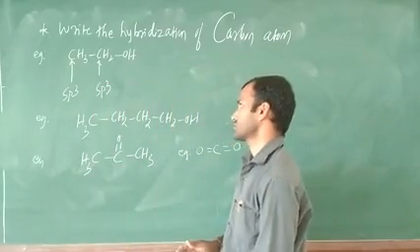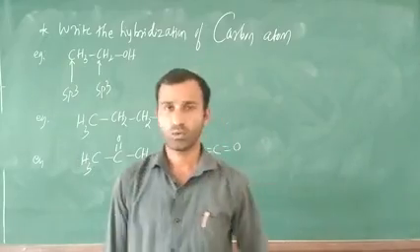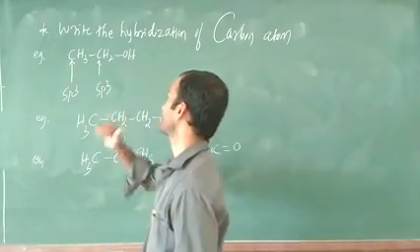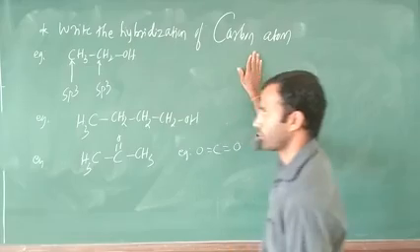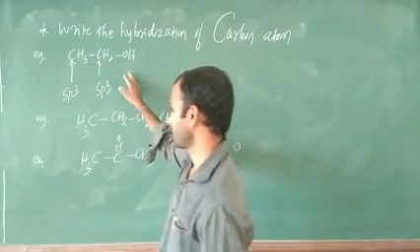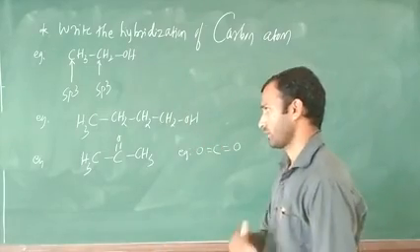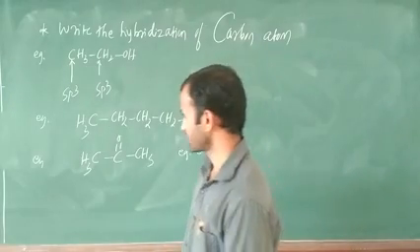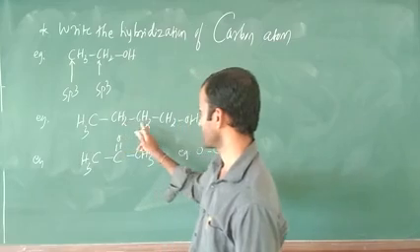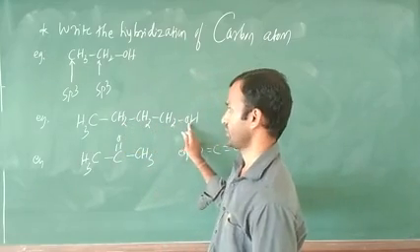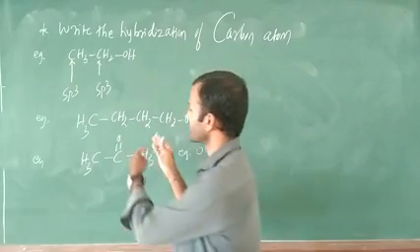Okay, as we discussed last video, the title is write the hybridization of organic compounds. I solved one example. After that, I gave you some more examples of hybridization. Just see here, the next example is CH3, CH2, CH2, CH2, next one is OH. They are going to ask you what is the name of this compound.